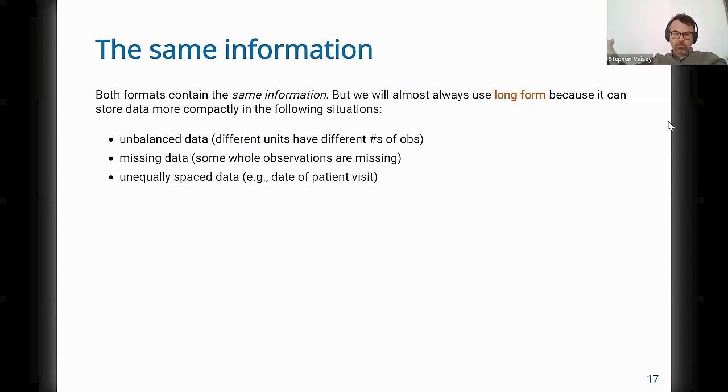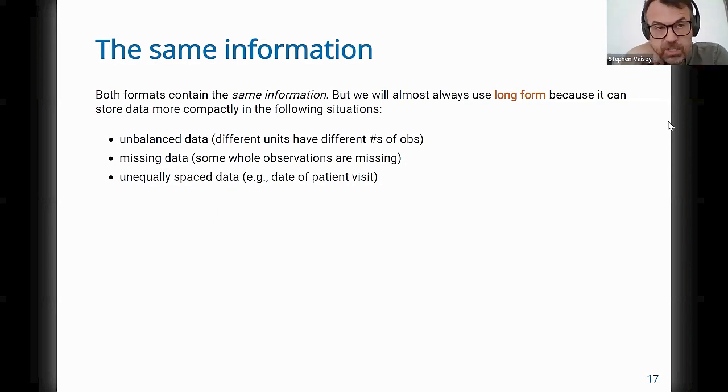We can just say we can encode that person in 1 row. Missing data, if some whole observations are missing, like a person does not follow up, a person does not answer a follow-up survey, for example, missing data can do that. Or data that's unequally spaced, like I'm talking as if all longitudinal data is wave 1, wave 2, wave 3,